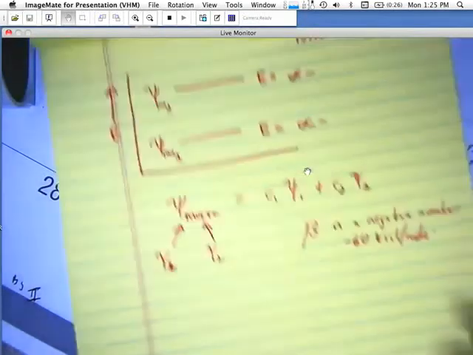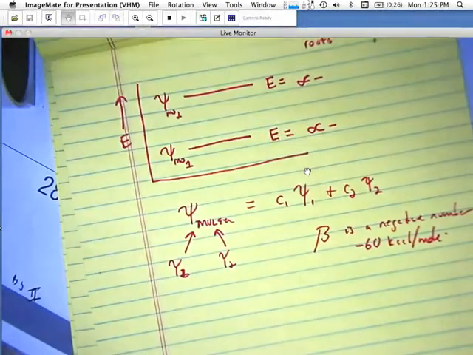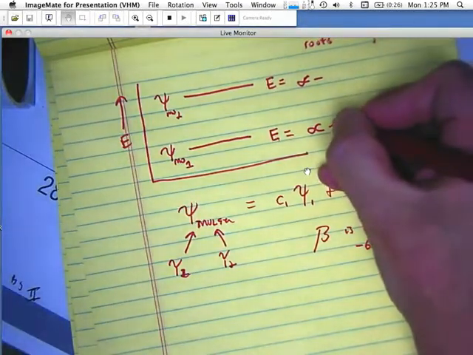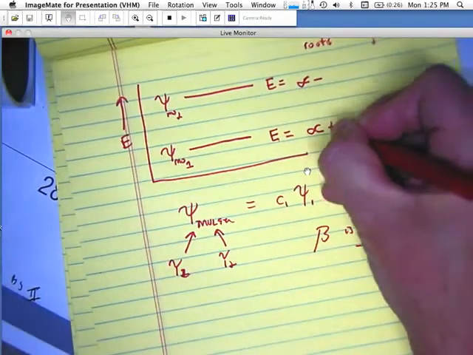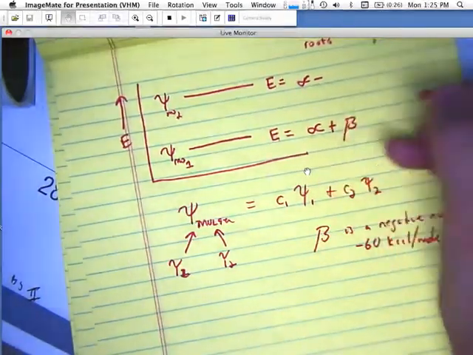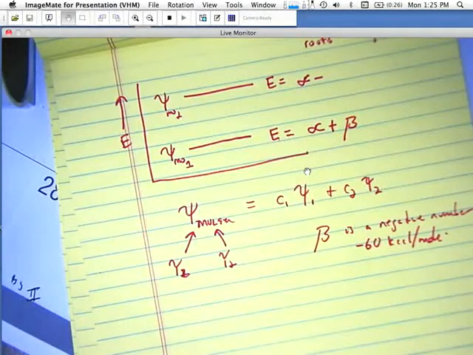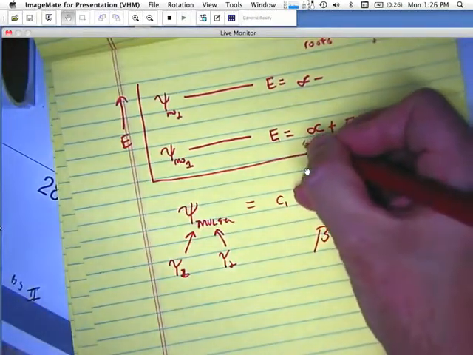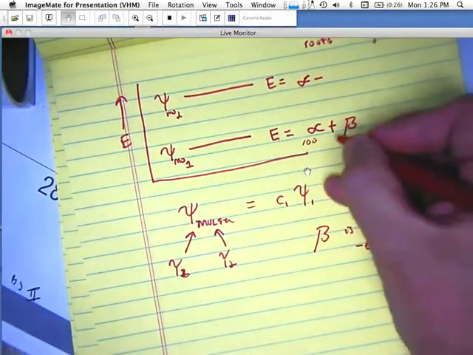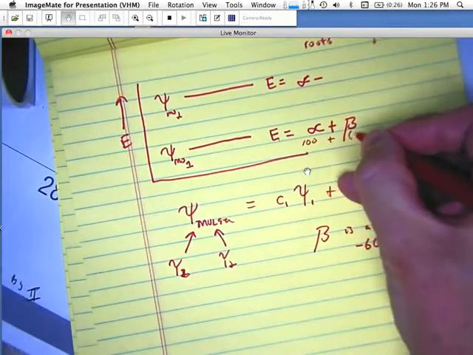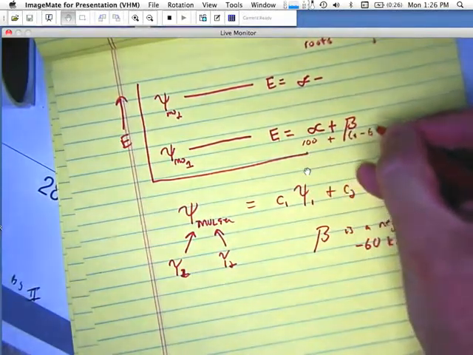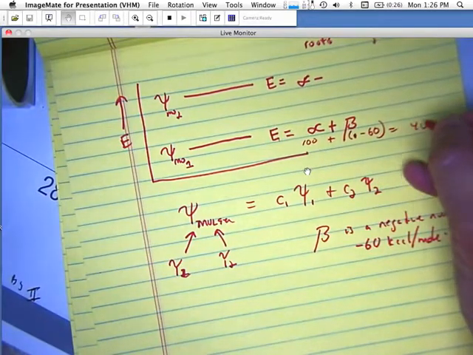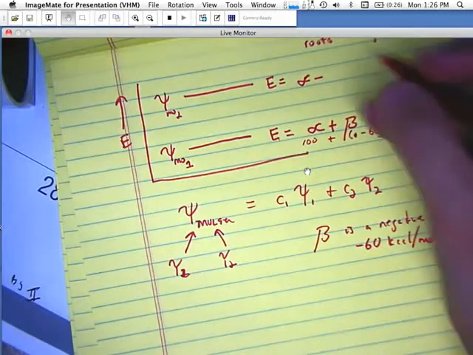Okay, about 60 kilocalories per mole. So this first energy here is going to be alpha plus beta. Suppose alpha is 100, and then what we're saying here is we're adding plus a minus 60. So that total number there is going to be a 40. Here we're going to say